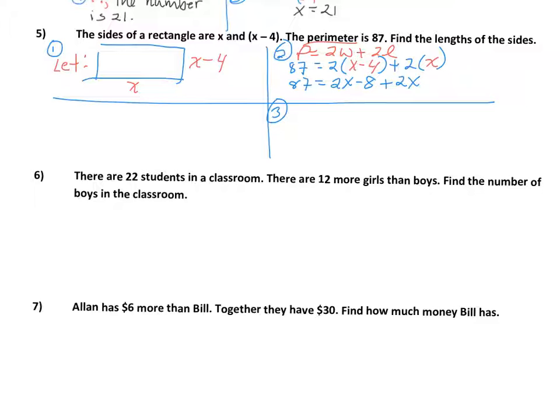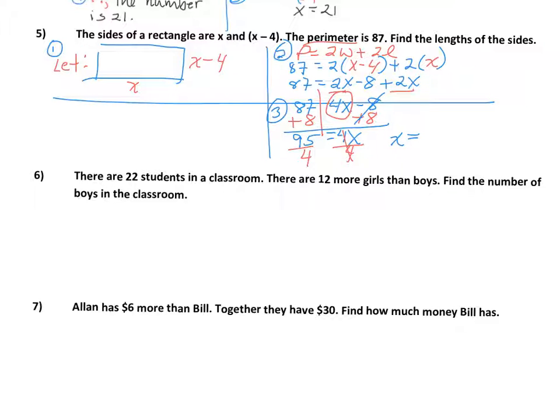So now I've got like terms on the right, so I want to collect those before I can start to solve. So 87 equals 2x plus 2x is 4x minus 8. My goal is to isolate that 4x, so I'm going to add 8 to both sides. So my 8's cancel, and then 87 plus 8 is 95 equals 4x. And to solve for x, divide both sides by 4, and I get x is equal to,